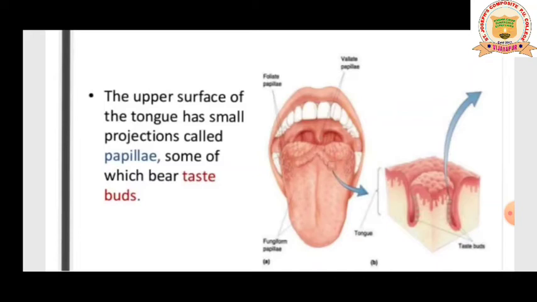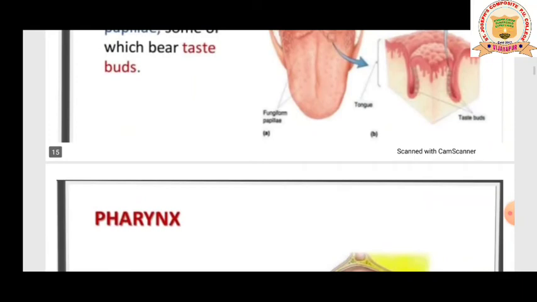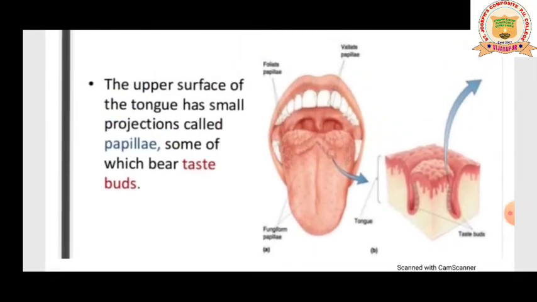Everybody knows the function of the tongue is to taste and to mix the food with the saliva. It takes part in the mixing of the food. The oral cavity, I think, completes your buccal cavity. We are only trying to understand the parts of our alimentary canal. Then we will study the glands and other things. Okay, I hope you are understanding.